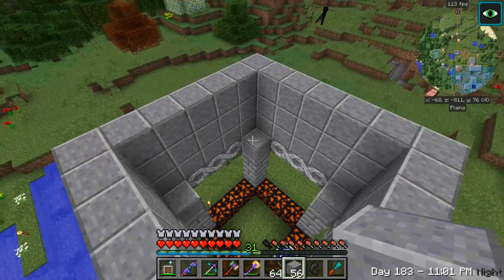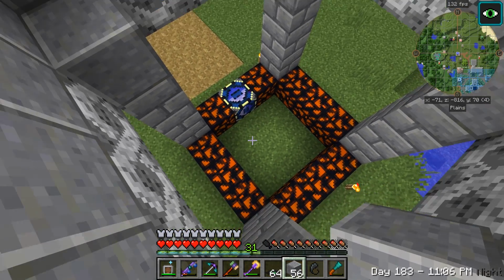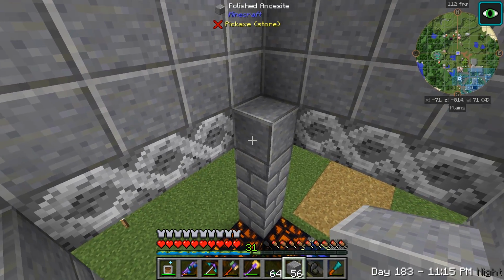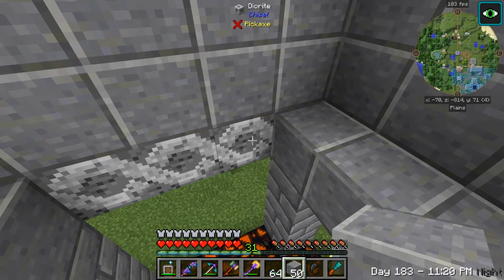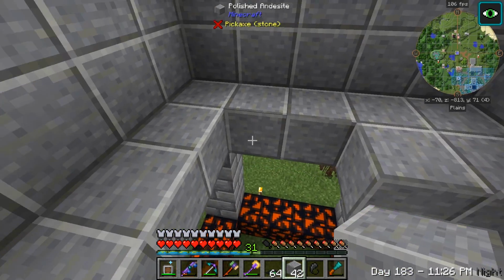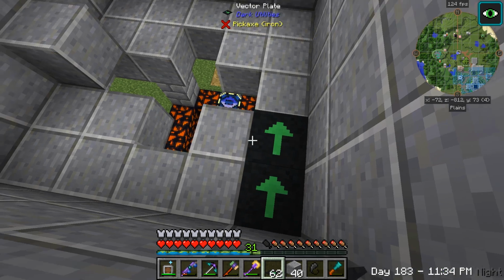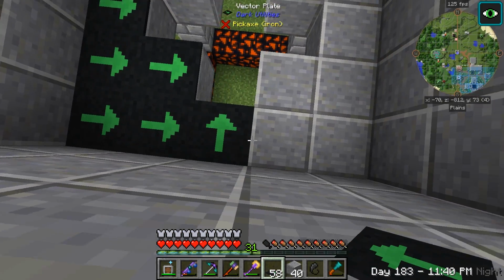Okay. So that's done. I need to... I don't think I'm gonna have to enclose this guy, but I do need a place for the mobs to spawn. So I'm gonna go ahead and close this in. There we go. They'll have the platforms to spawn onto. I need to set up them to spawn, or them to...